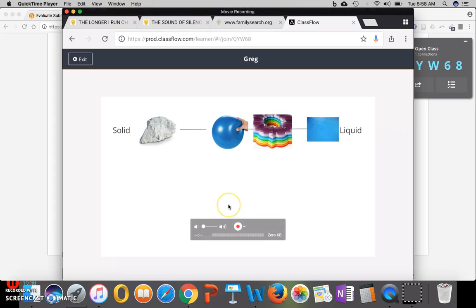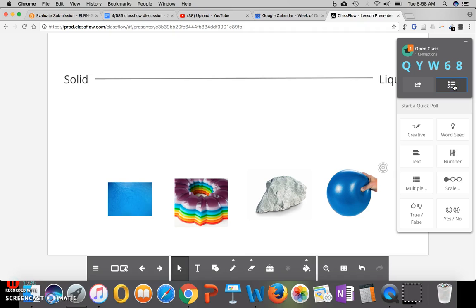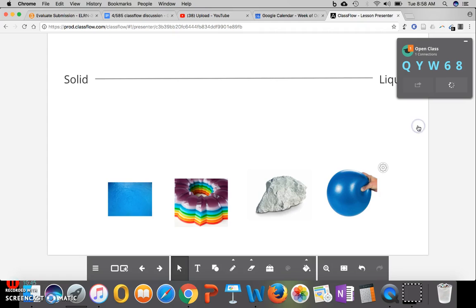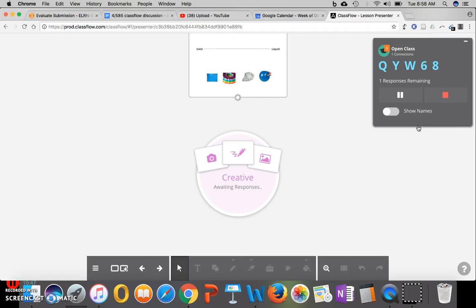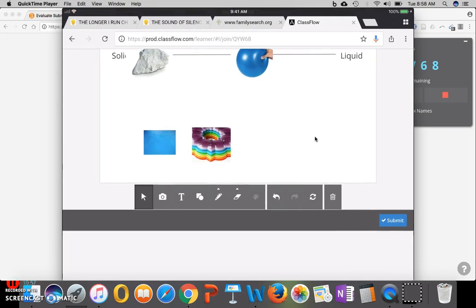So that's cool. But instead of doing it that way, if I'm a teacher and I want to receive what my students have completed, I want to see what they've done, I can hit creative, and this allows the student to submit their work too. So I'm on my student computer right here. I'm dragging and dropping the items the way that I think they should go,